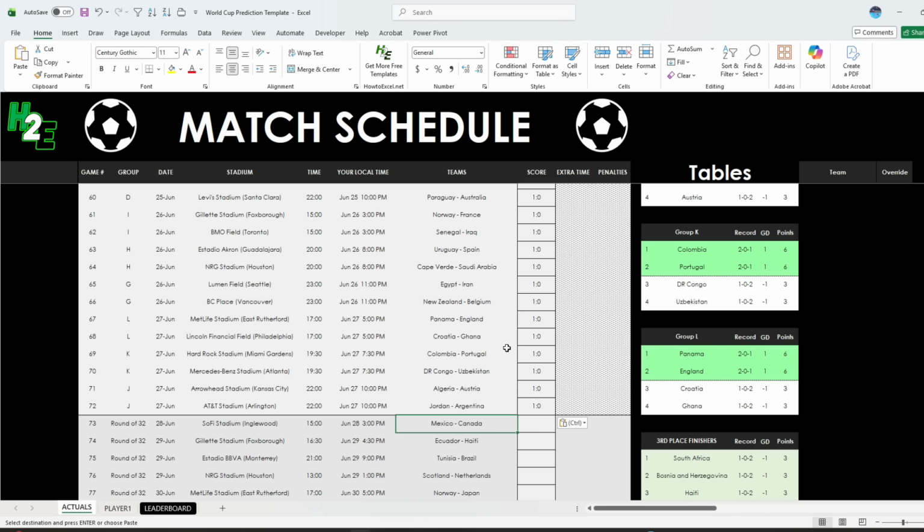So I would suggest first doing the group stages and then the knockout, and that makes it easier so that if someone joins in late or you want to try again in the knockout stage, it's a lot easier to do it that way. And in the knockout stages, because there's the potential for extra time and penalties, I put